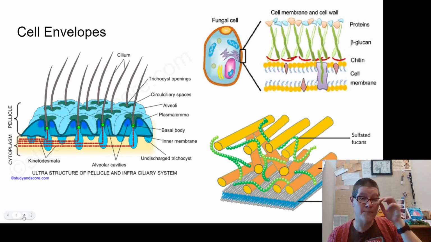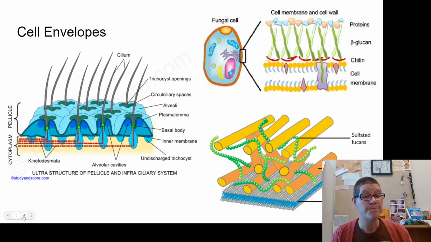So let's talk about the protective properties of many of our eukaryotes. All of them have some slightly different, essentially cell envelopes, the outside portion that is protected. Now, everything that is a cell has some kind of cell membrane, which is our basic lipid bilayer. And it's a little different in each different type.